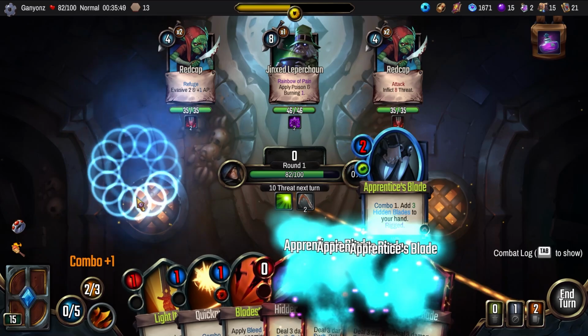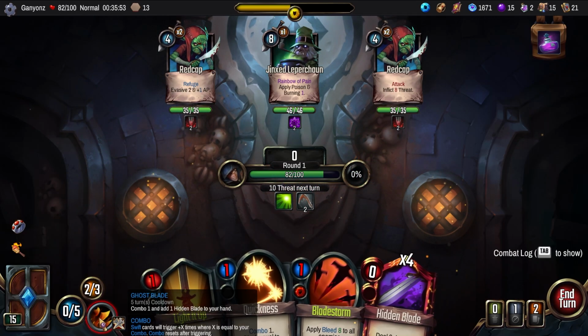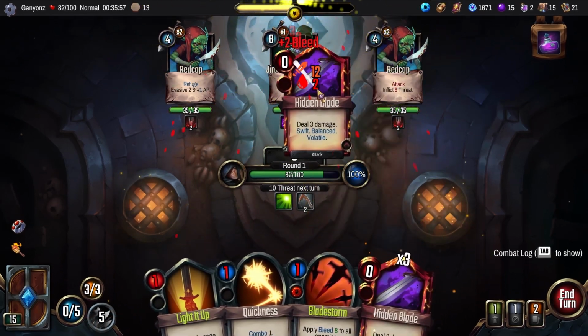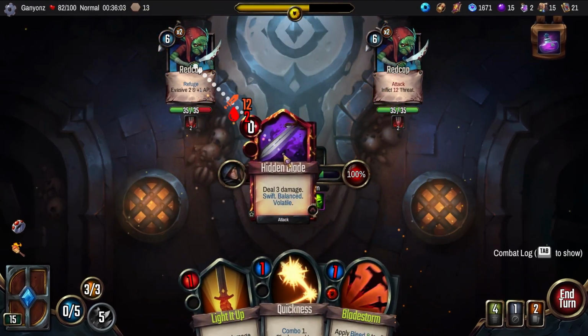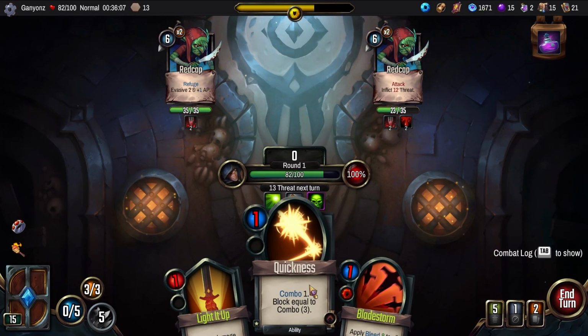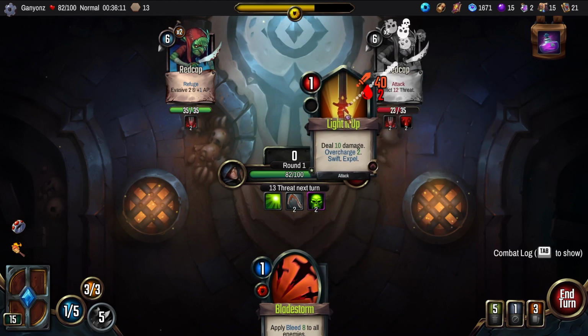So let's go ahead and get our apprentice blade down. We get our hidden blades. We're going to spell, increase our combo. We do the thing. At this point, because we have rigged cards, yeah, we just kill you. Fantastic. And now you're going to be attacking us, so let's get rid of you here. We can go ahead and get rid of quickness, light you up, which will...